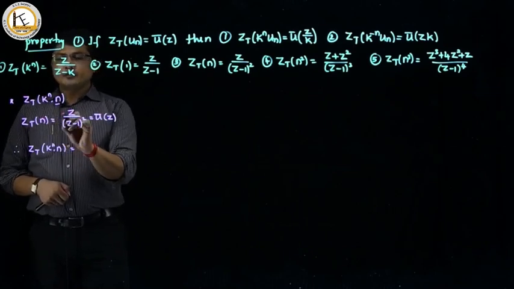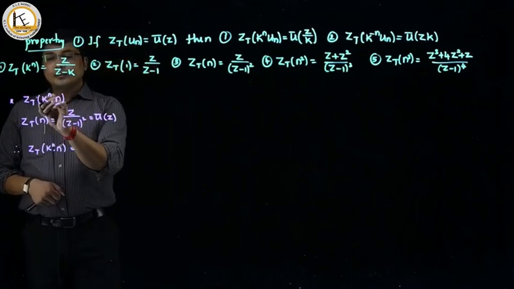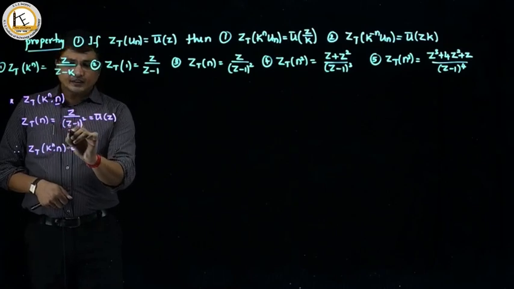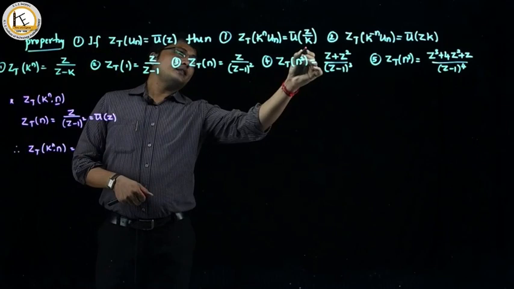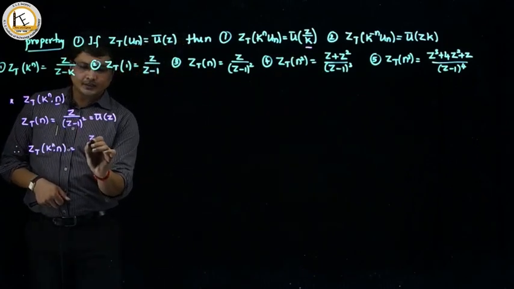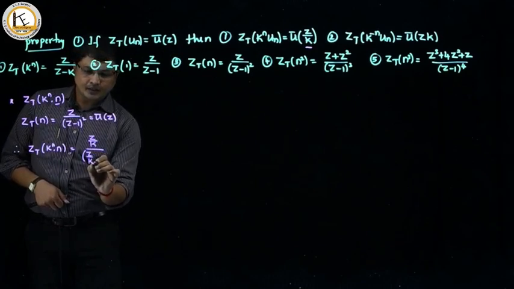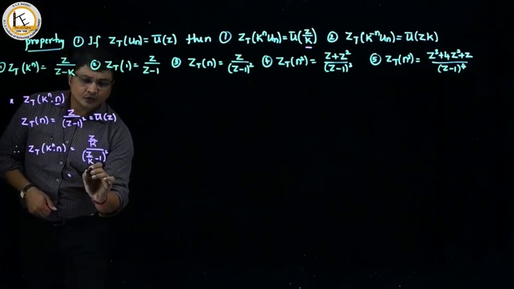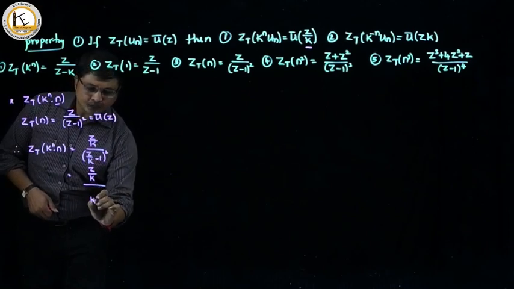And the Z transform of n is Z divided by (Z minus 1) the whole square. So now to find the Z transform of k raised to n into n, in this transform, we need to replace Z as Z by k. So in place of Z, just replace Z as Z by k, and here also (Z by k minus 1) the whole square. Now simplifying it further, we have Z by k divided by, taking an LCM, k square,